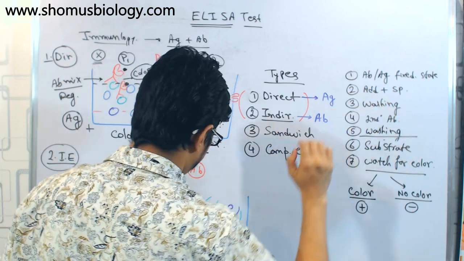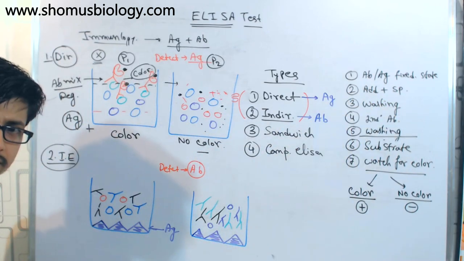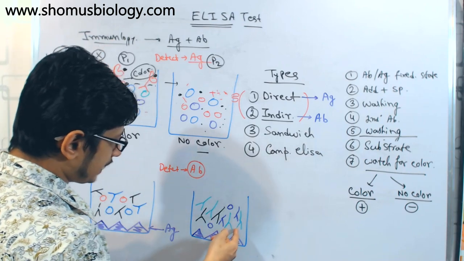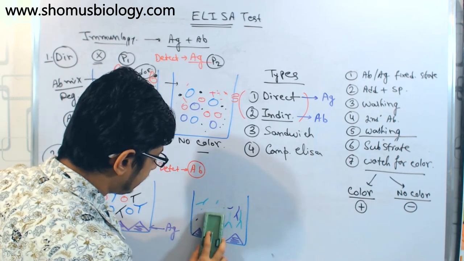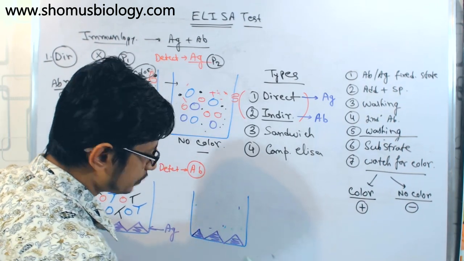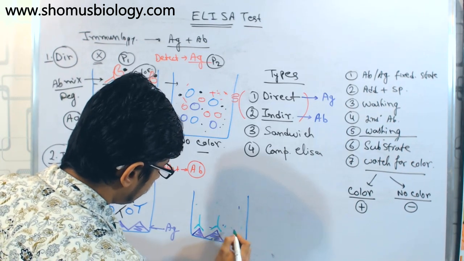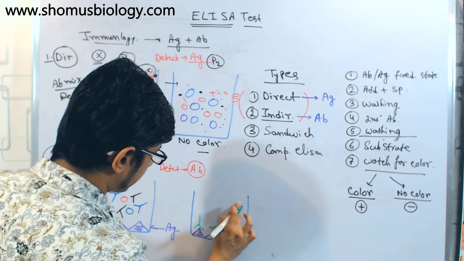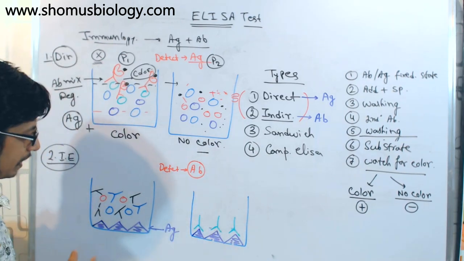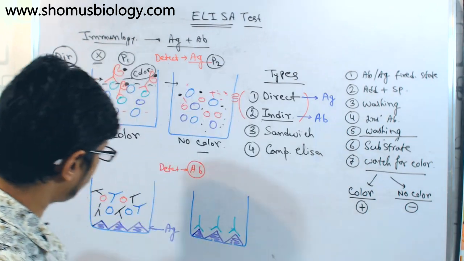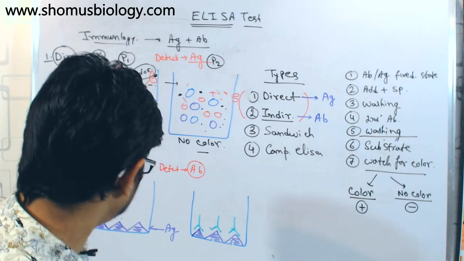Then we do a washing. Washing is done because if the antibody needs to bind with the antigen, it will bind in very few minutes. Let's say the green color antibodies are the specific ones. So here on the right hand side, only the green color antibodies will bind to the antigen present in the well. I am drawing it very simplistically, but actually it's more complicated. So this antibody will bind, and the rest of the antibodies are washed out. After the washing stage, this is the result.